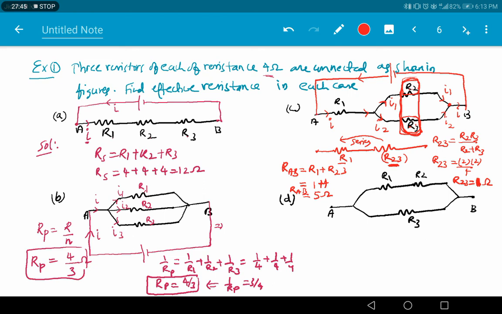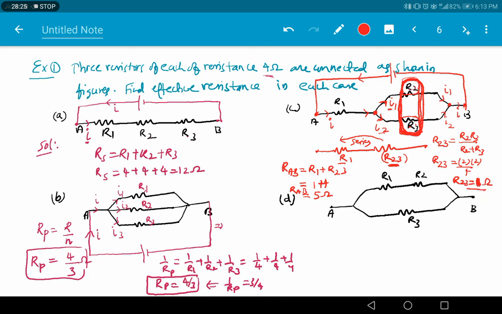Okay. So once again I will explain. I told you that to identify whether the resistors are connected in series or parallel, we should connect a cell between the ends of the resistors. So the current I is passing in the circuit. Where the current reaches the junction, at the junction the current splits. So across whichever resistors the current is splitting, those resistors will be in parallel. So first we have to simplify that circuit. So we have to find the effective resistance of those parallel resistors. So we are going to get R23 value 1 ohm.